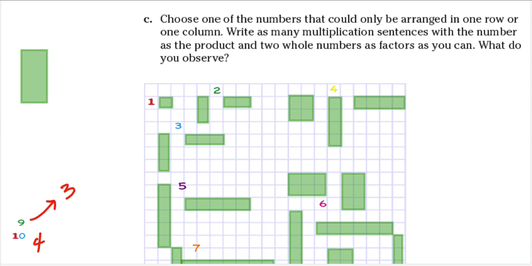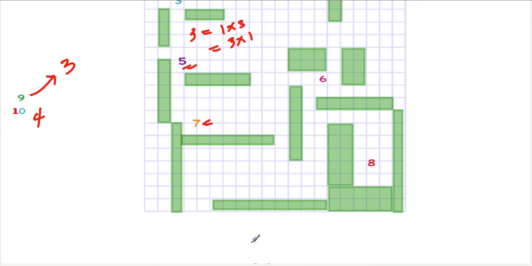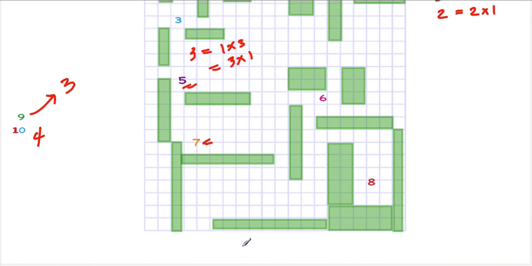So in number 2, what are the only possible ways you can multiply to get a product of 2? So you have 2 equals 1 times 2, and 2 equals 2 times 1. Those are the only two ways. And that goes the same with 3, because 3 can only be done by 1 times 3, or it can be 3 times 1. That's the same with 5, that's the same with 7, okay, and that's the same with, yeah, that's it,